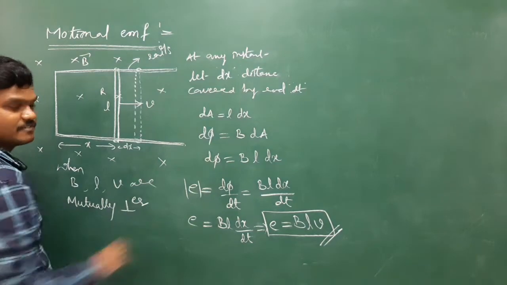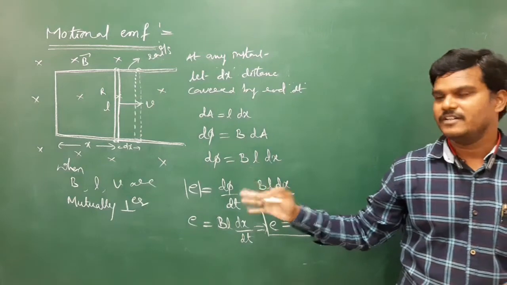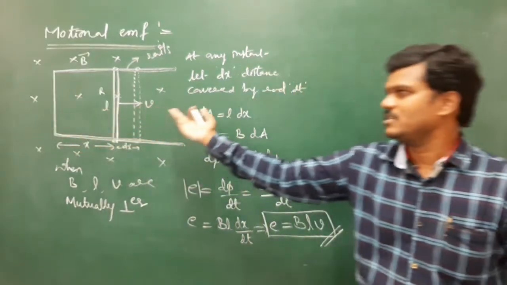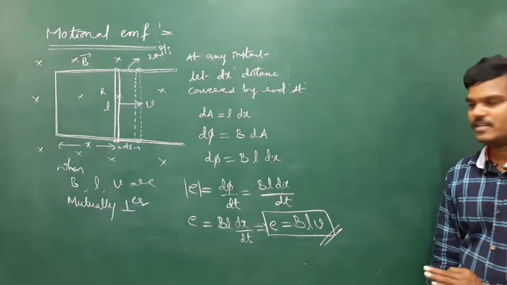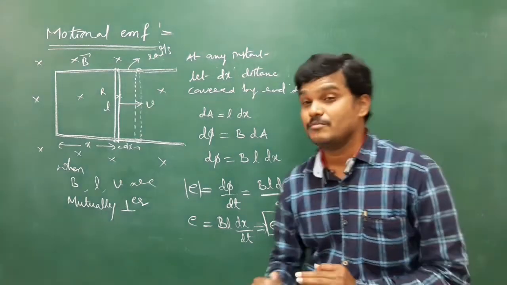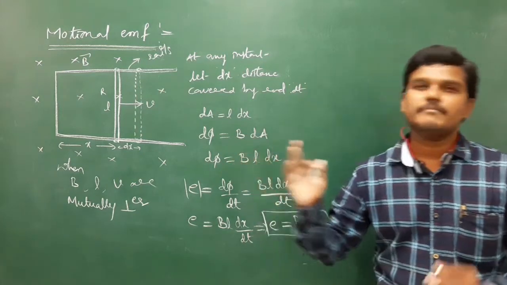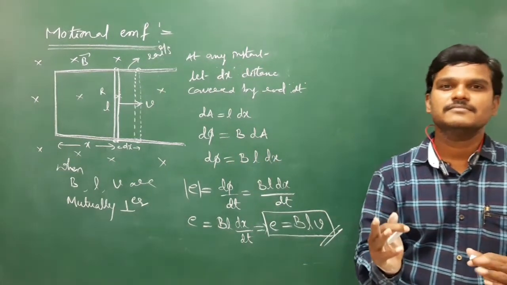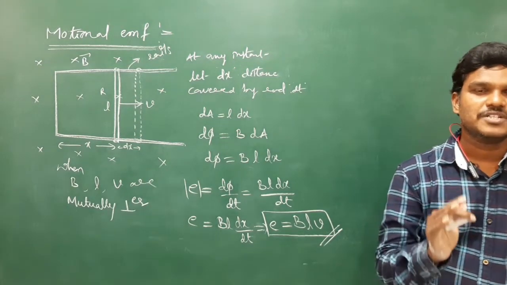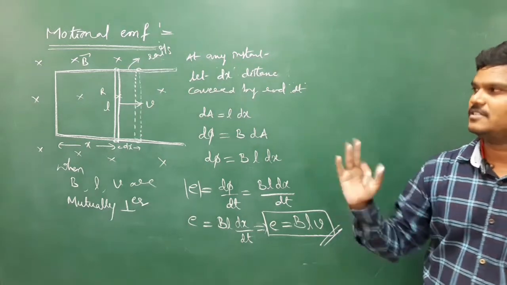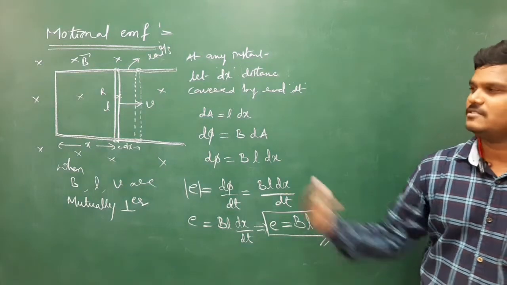How we are going to replace that, I'm going to explain everything. Just see, this is the direct way. Generally they will ask for the derivation at board level, that's why I'm deriving it directly. In NCERT they have taken the left side, so that is not a problem. So here I got BLV, and B, L, V are all mutually perpendicular. So when a moving conductor cuts the magnetic field lines, then some EMF is induced in the rod. That EMF we call motional EMF. Let us see the actual story of this motional EMF. So this is the direct equation I derived. Let us see a little story.